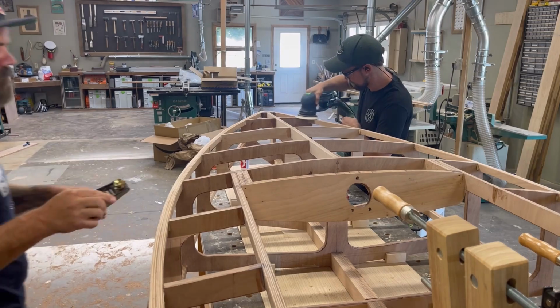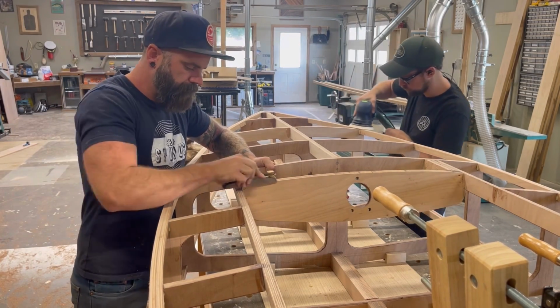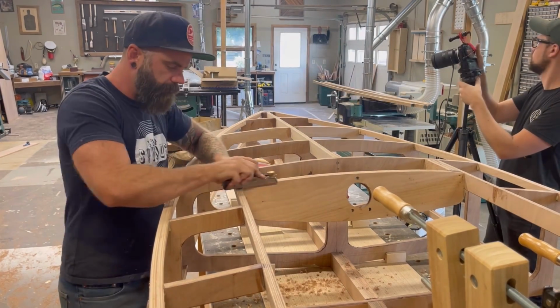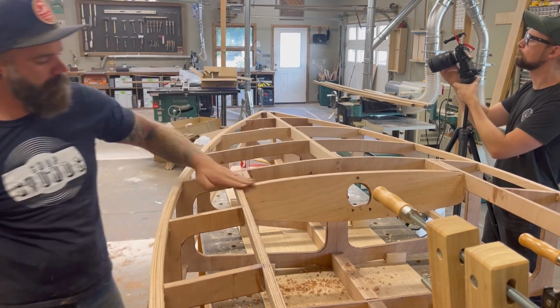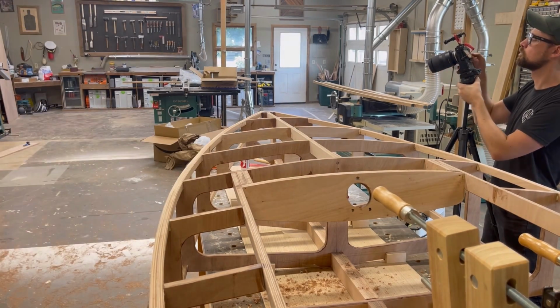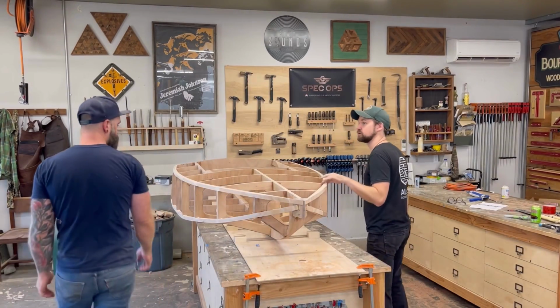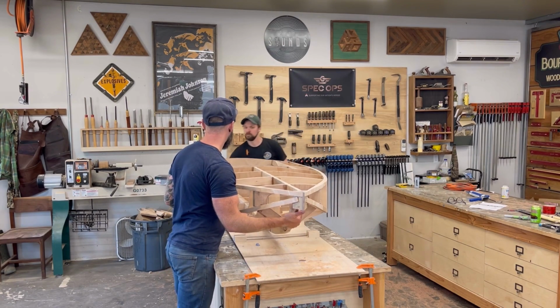At this point, our entire frame rib assembly was pretty darn close to being done. There was just a little cleanup work. So Mike hit it with a sander while I hit it with a block plane, and we cleaned up the entire top the best we could, just so that all of our seams were nice and smooth and had a good transition. When we were done with the top, we flipped the entire thing over and started working on the